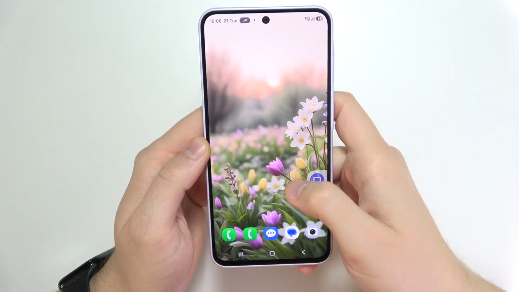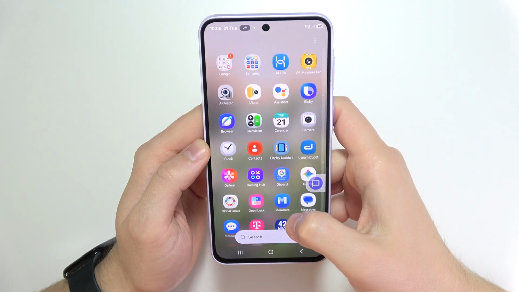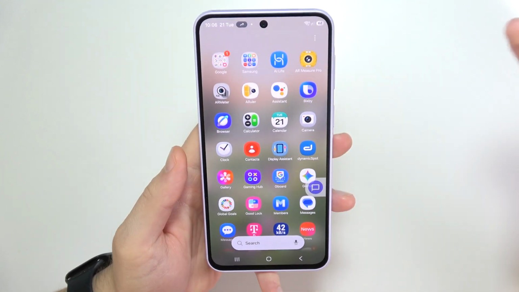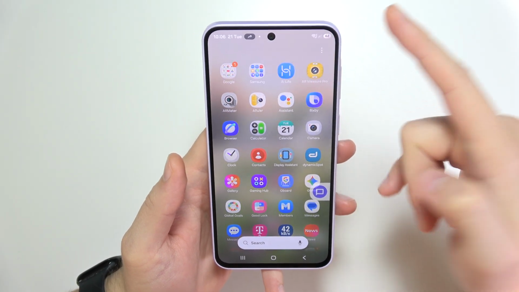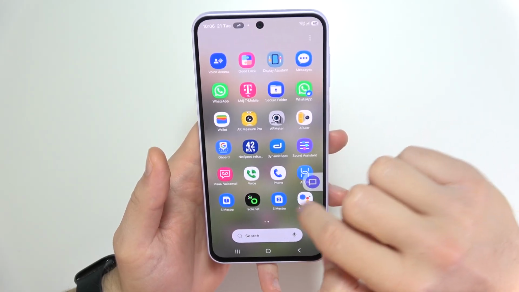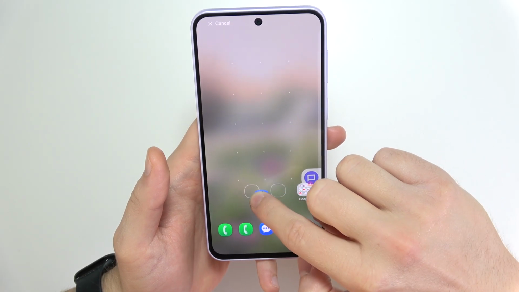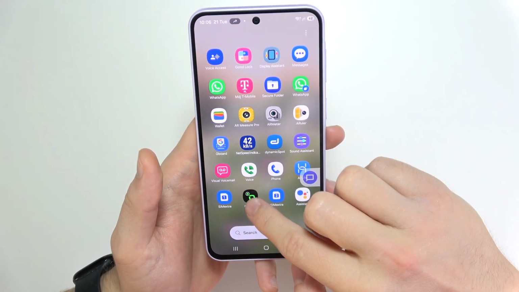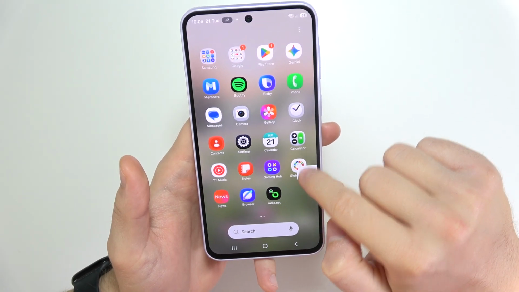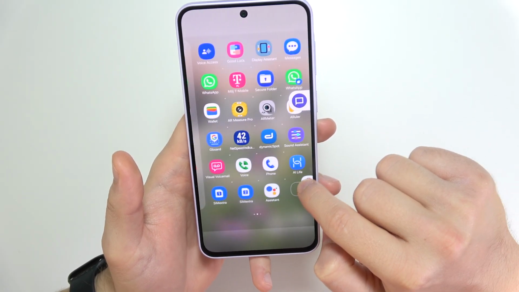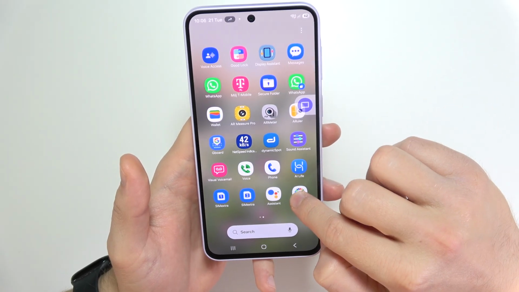To organize the app drawer on the Samsung Galaxy A57, we've got a few options. The first one: when you click and hold on the three dots and go for Sort, you can go for a custom order. So it means that you can right now click and hold any application, but do not hold it that much, because you will simply move into the home screen. So you have to quickly click and hold, then drag to one of the edges